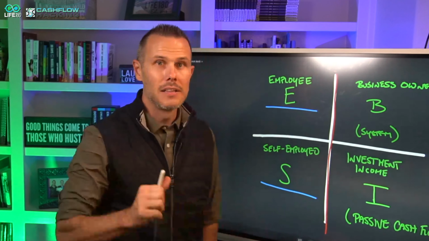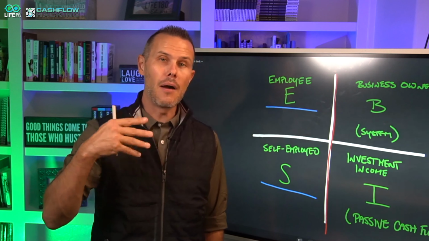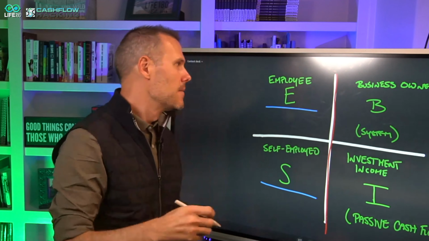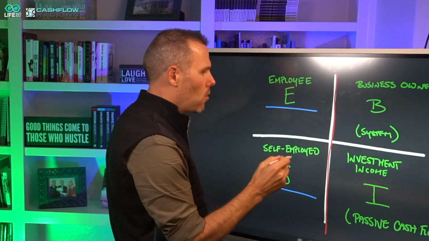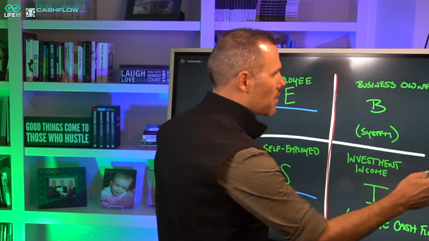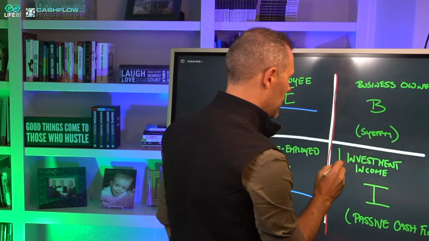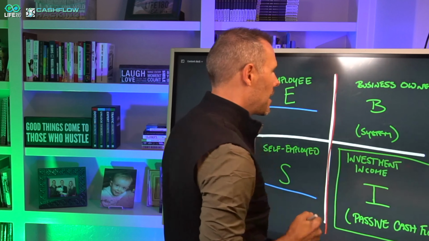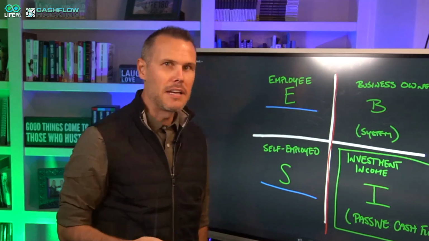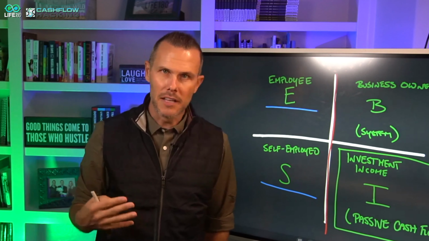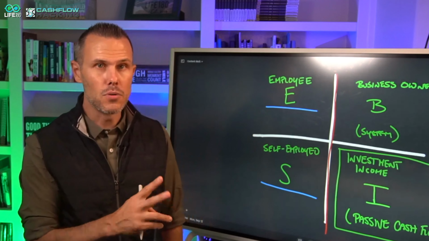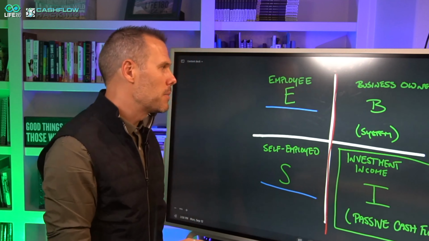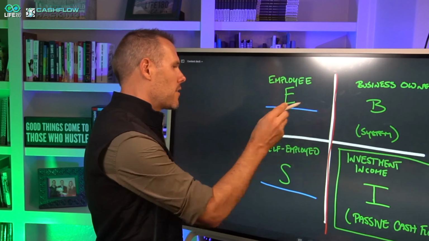Now, most people, listen, this is a part of the journey. We're always talking about how do we go from one stage to the next, to the next, to the next. And the reality is the goal is ultimately to be over here in the bottom right corner, which is completely passive investment income. Call it mailbox money, call it whatever you want. That can be through a lot of different sources. I'll get there when the time comes. But the bottom line is you've got to go from one to the other, to the other, to the other.